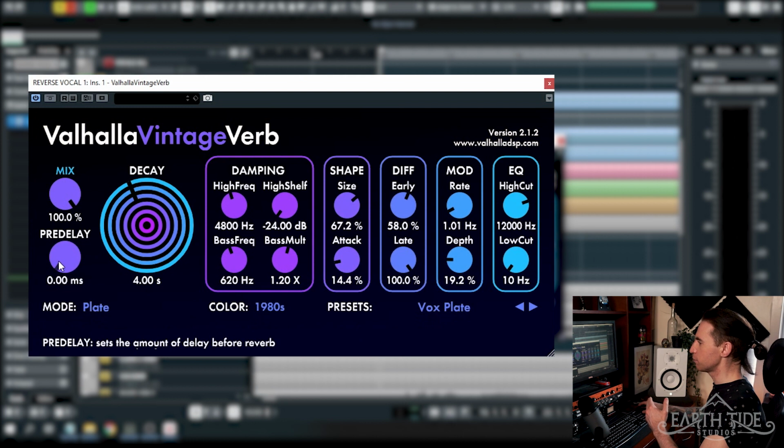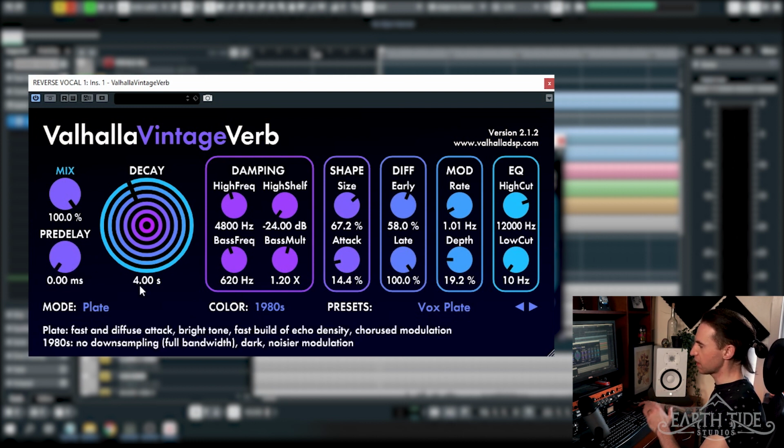So I've put no pre-delay on here, and I've set the decay at 4 seconds because I want a big, long reverse vocal. You can set this down pretty low. I probably wouldn't go any lower than 1 second because you can also just cut the actual waveform of the reverse vocal to reduce the length of it. Now I'll show you what it sounds like right now. If we just hit play,